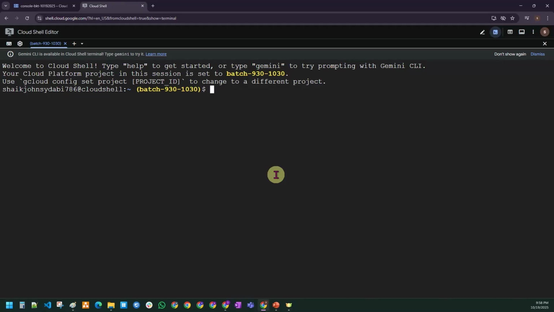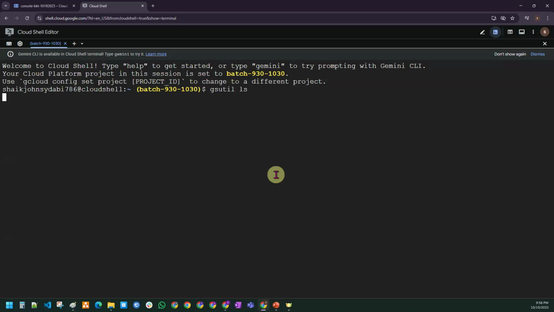If you want to interact with any of the GCP services from the Cloud Shell, you have to write a command, because it's a command line interface. So let us see how we can write a command here. Don't worry about the commands; they will be covered very clearly in the upcoming sessions. This is just to let you know how we can interact. Now I'm writing the command here, that is gsutil ls.